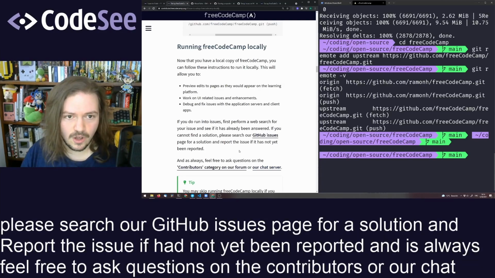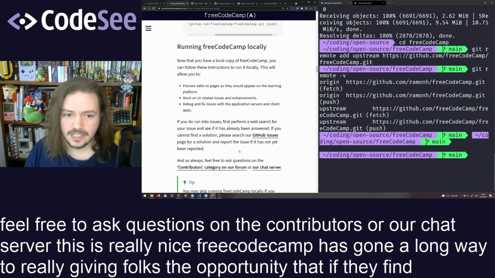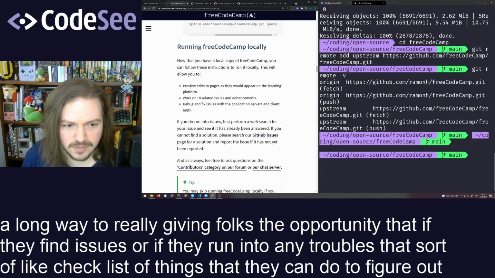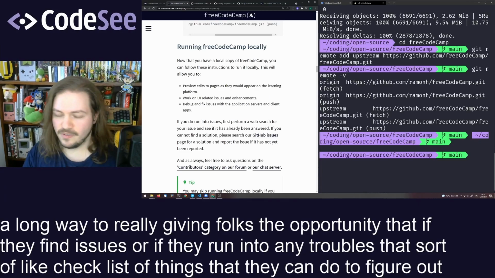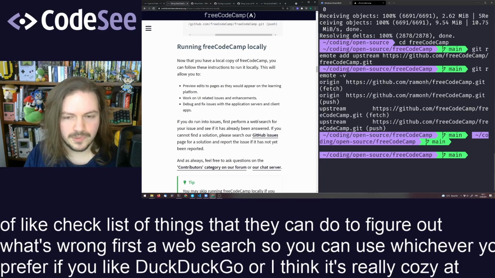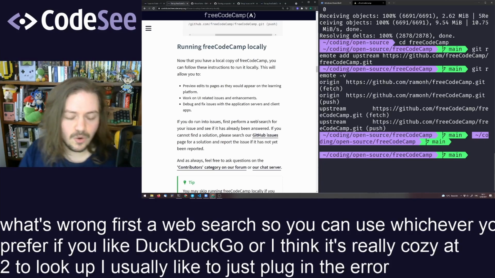FreeCodeCamp has gone a long way to really giving folks the opportunity that if they find issues or run into any troubles, a sort of like checklist of things that they can do to figure out what's wrong. First, a web search, so you can use whichever you prefer, if you like DuckDuckGo, or I think it's called Ecosia, to look up. I usually like to just plug in the error message and see what I get, or just